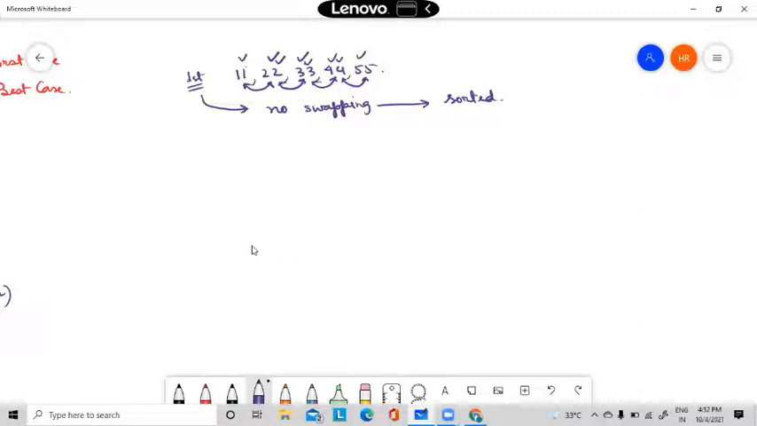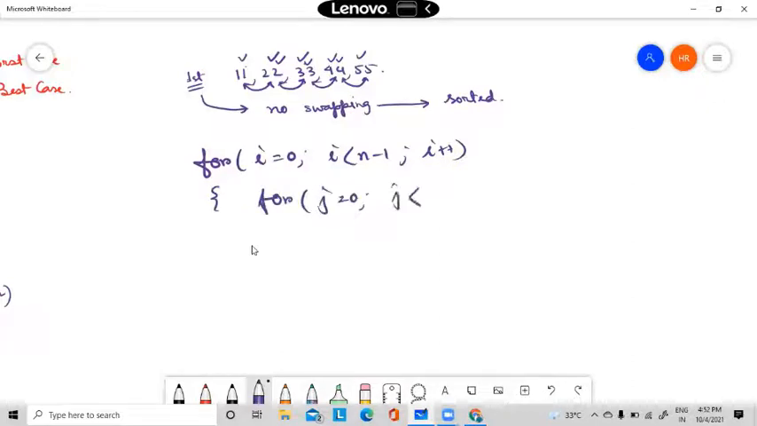So we have to modify the algorithm. How to modify? Simply modify like this: i equal to 0, i less than n minus 1, i plus plus, then for j equal to 0, j less than n minus 1 minus i, j plus plus, then if a of j